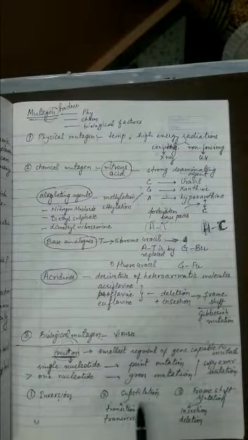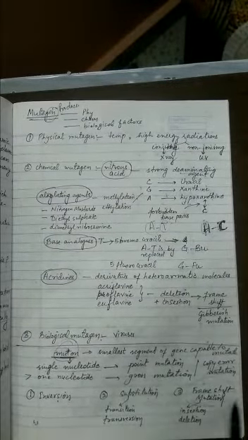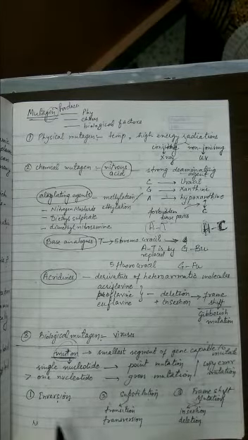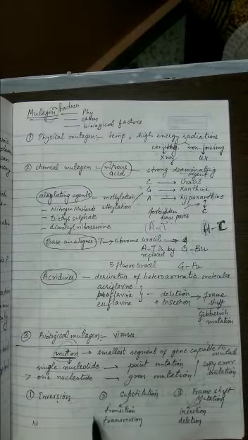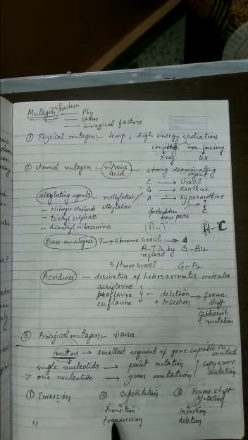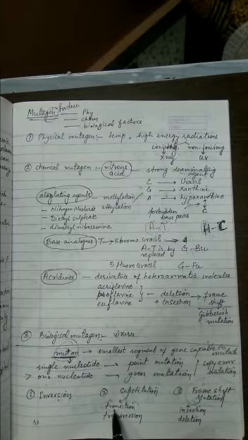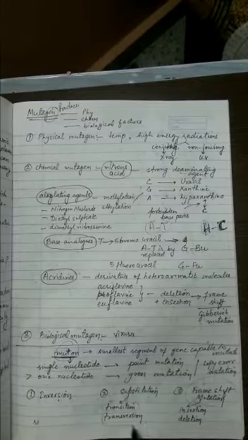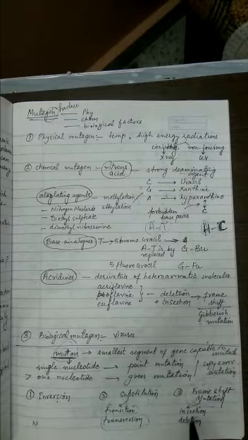Mutation. Now, gene mutations can be inversion, substitution, and frame shift mutation. Substitution is of two types. A purine changing with a purine, or a pyrimidine changing with a pyrimidine, is transition, and a purine changing with a pyrimidine, or a pyrimidine replaced by a purine, is called transversion. And insertion and deletion we started in the last class.